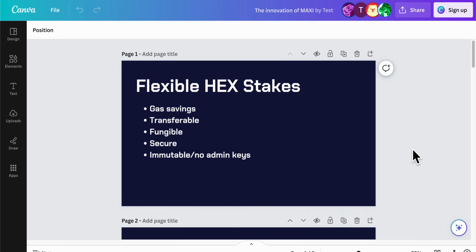So I wanted to really drill into the big shift or the big problem that they solved and how elegant the solution is. It's such a simple and elegant solution that it's easy to dismiss as, oh, okay, it's just another token. But actually, it solved a really complex problem in a really simple and short smart contract. If you look at the smart contract, so what's the issue with Hex?